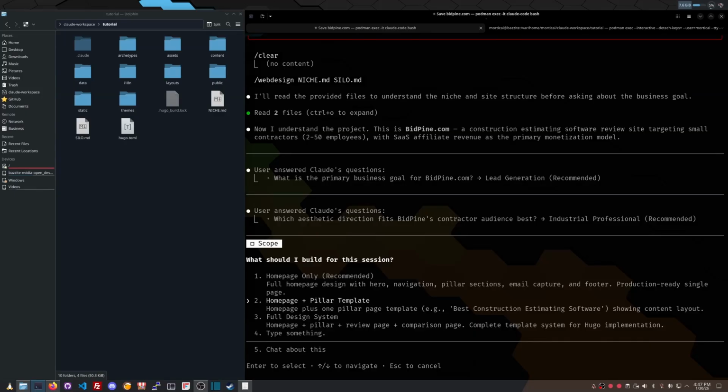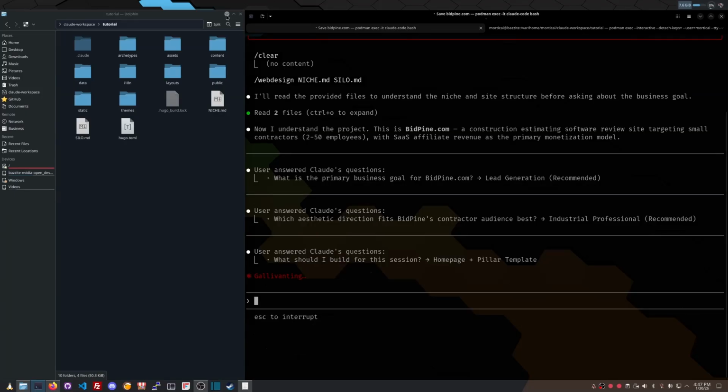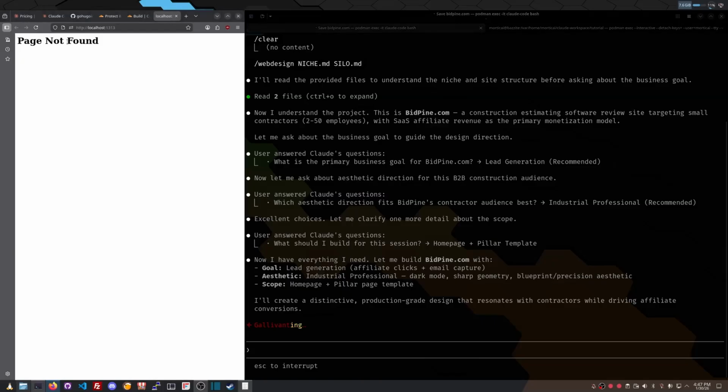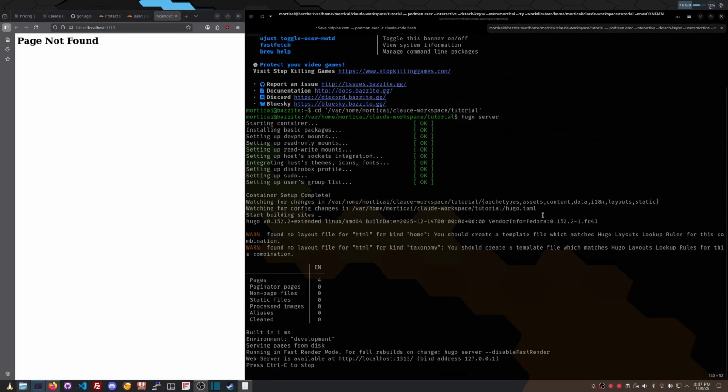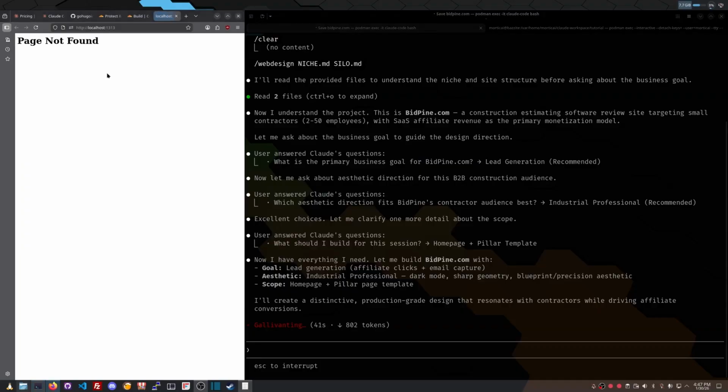Let's just do homepage and pillar template. And if we go ahead and open this up, we'll actually be able to see it. I believe this is still running. Let's see. I'll run Hugo server one more time. So what's happening now is this prompt is actually going through and designing essentially the entire site. So it's really focused on the theme, but this will actually create the website and it should look pretty good